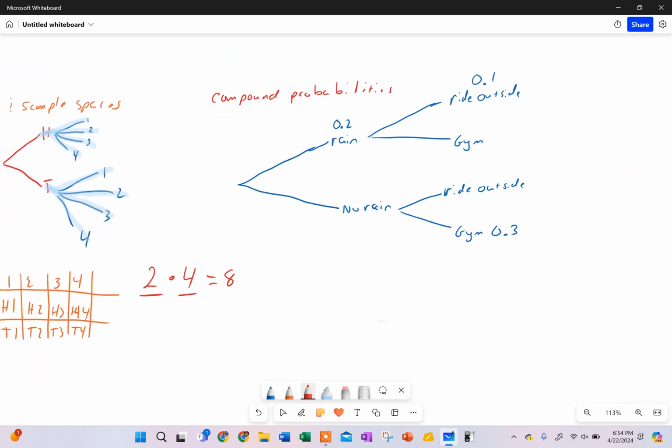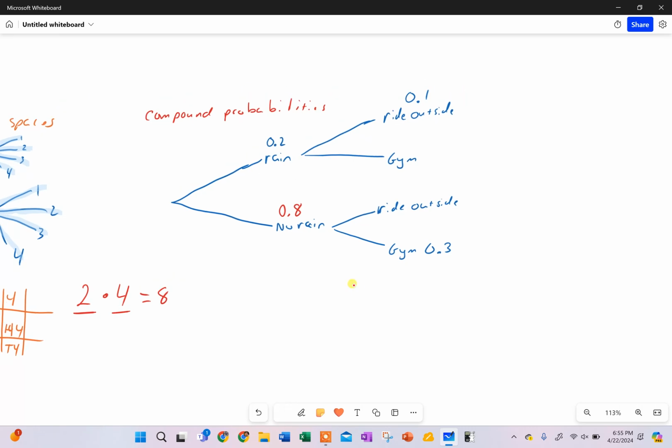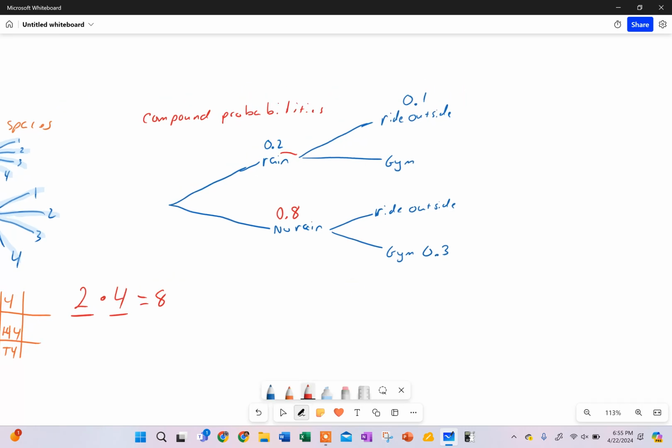So finally, the last thing I'm going to do is look at compound probabilities. If tomorrow it rains, there's a 0.2 chance that it's going to rain. So that means because there's a 0.2 chance that it will rain, there's a 0.8 chance that it will not rain. Well, if it does rain, I was hoping to go for a bike ride, but I'm probably not going to go. I'm going to say that there's a 0.1 chance that I'll go for a bike ride outside, which means my alternative was to go to the gym, which means there's a 0.9 chance of me going to the gym. Now, if it doesn't rain,